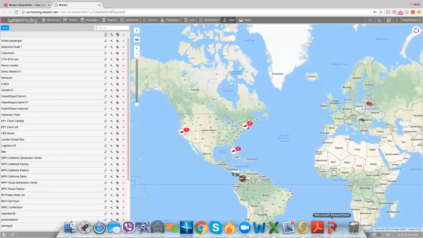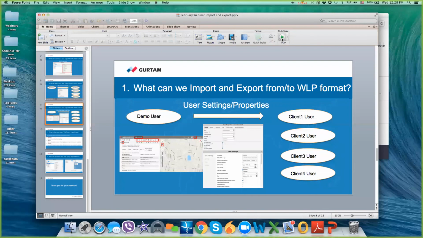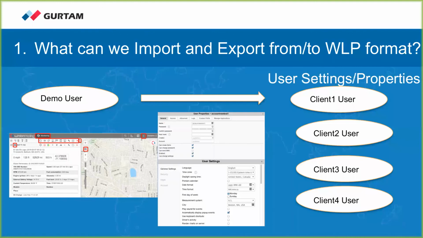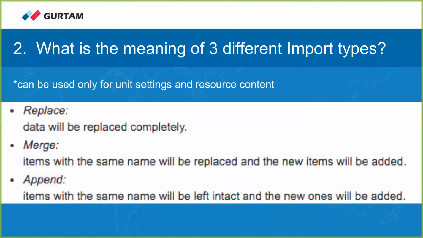I'd like to get back to the presentation and give you a little bit more information about specific features that I'd like you to use and be aware how to use. So there are 3 different import types. Remember that second part when we decide what we want to export, and then we need to import these sensors or import this unit